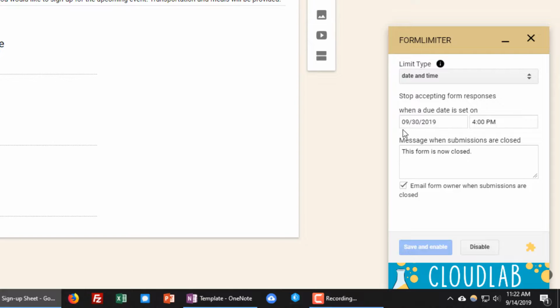Once the September 30th deadline has been reached, the form is automatically going to close, and no one's going to be able to sign up anymore, and you will get notified that the form has now been